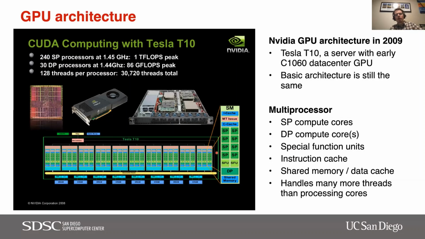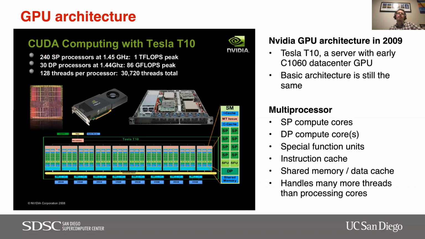Then if we look at the GPU architecture, this is an old NVIDIA slide from 2008, right? This was an architecture that actually was sold then in 2008, 2009. This was, I believe, the first data center GPU server that was sold. And I'm showing this because the basics of how a GPU processor looks and what you have to keep in your mind didn't really change. So back then,